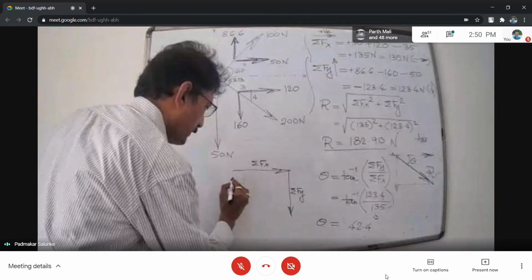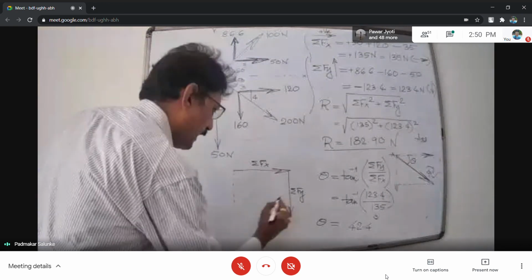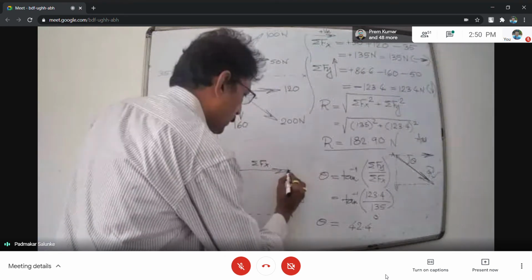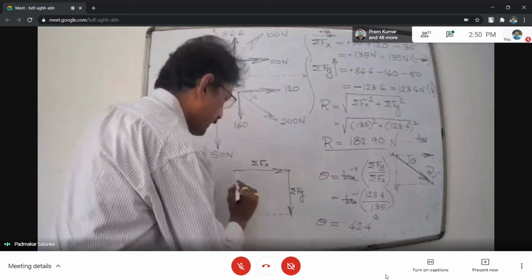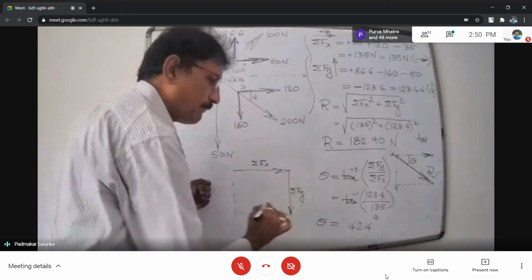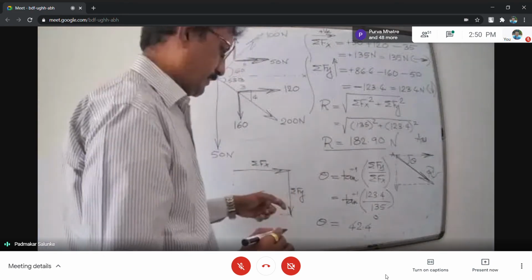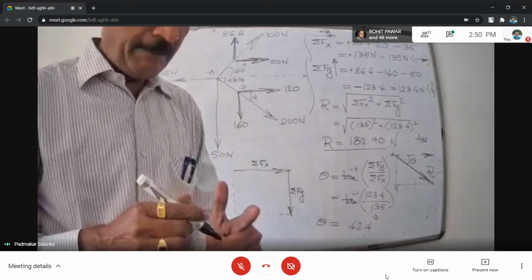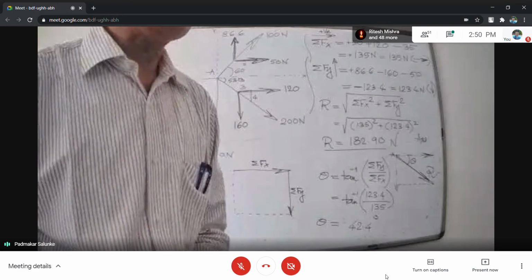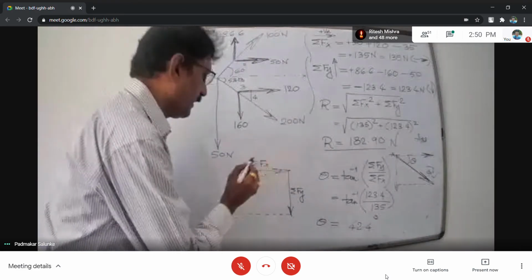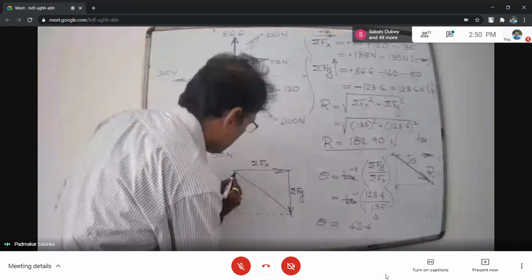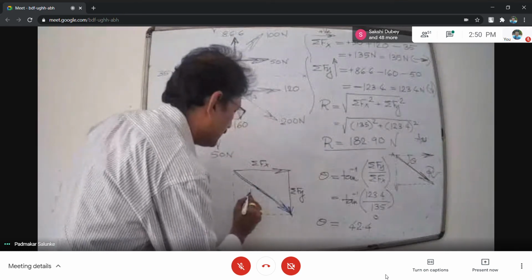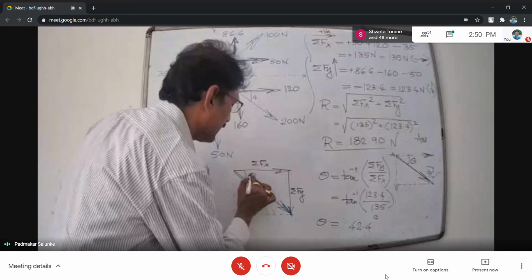Actually, I have to mark here, but I have not marked here. I have marked there. Because this summation of Fx, we can mark here, and summation of Fy, I can mark here. Why have I marked here? I have marked there to get the benefit of right angle triangle geometry. According to right angle triangle geometry, this diagonal of the rectangle is nothing but the hypotenuse of the triangle, and this is your resultant, and this is angle theta.